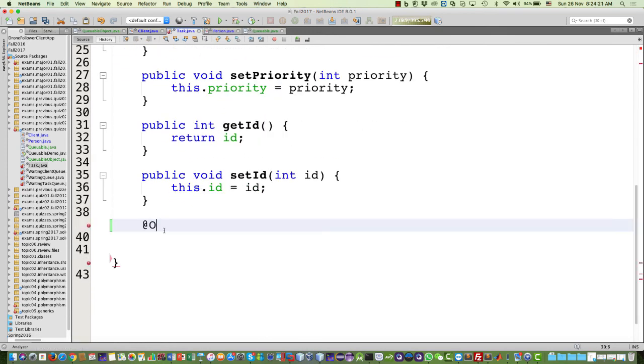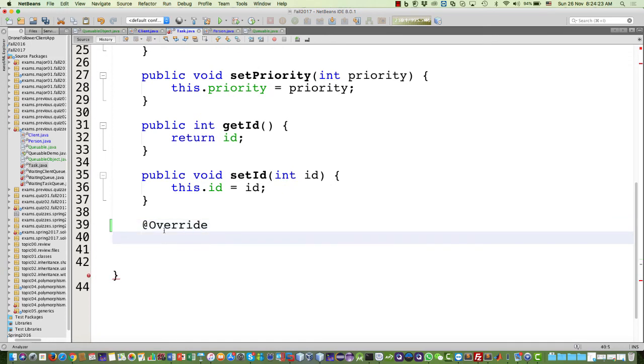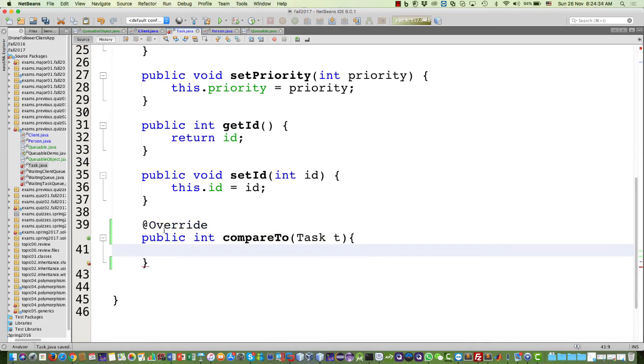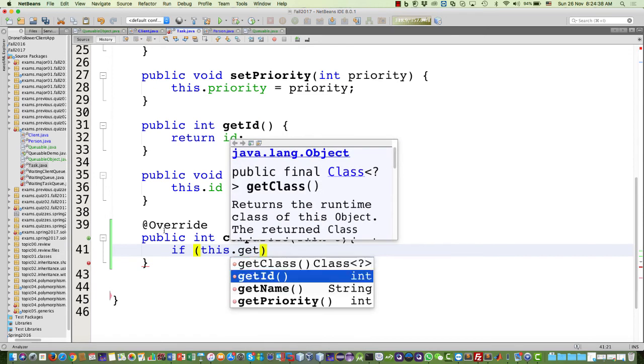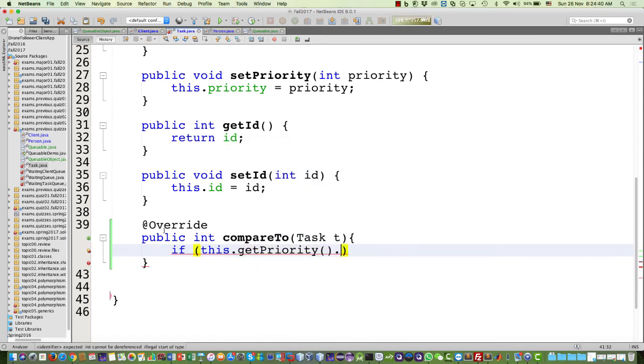And here we will override public int compareTo method, Task t. First of all, we compare the priority. If this dot getPriority